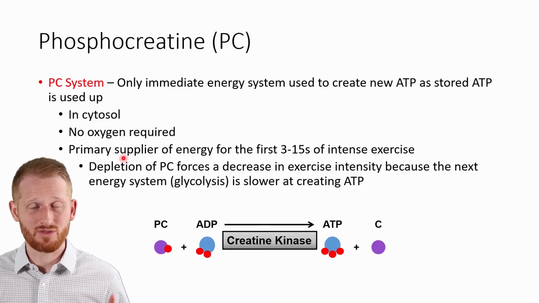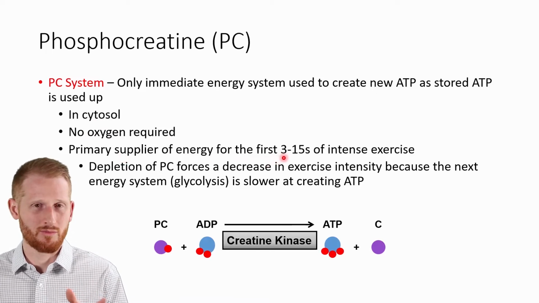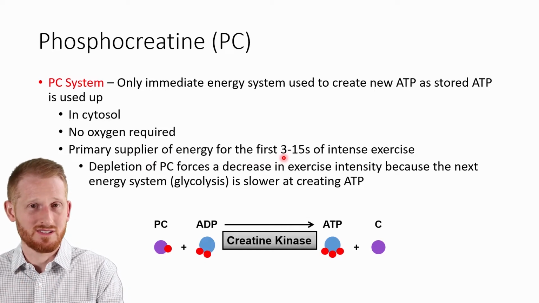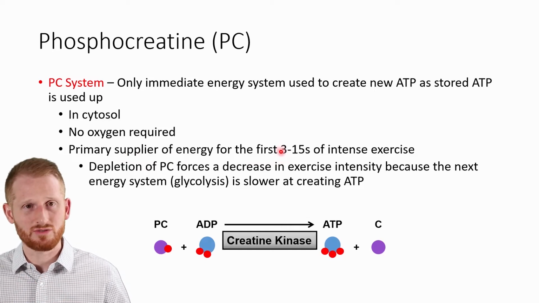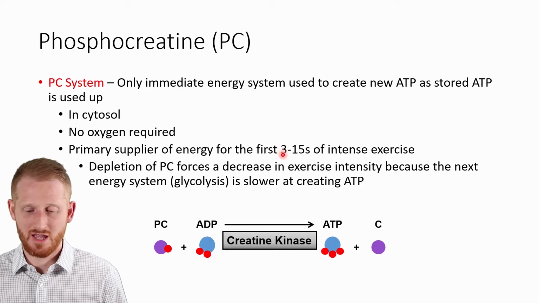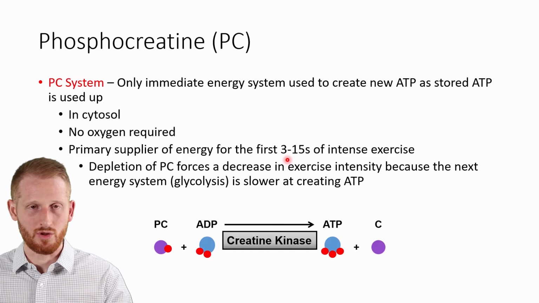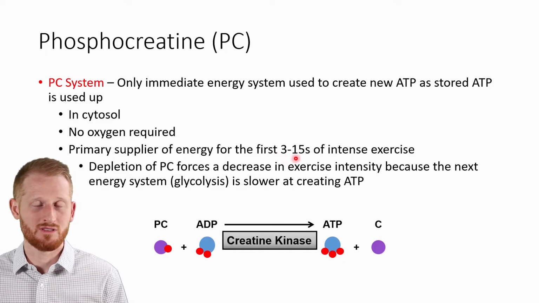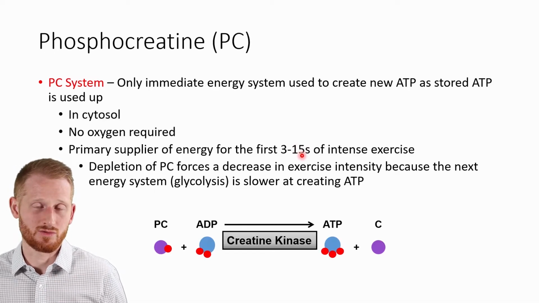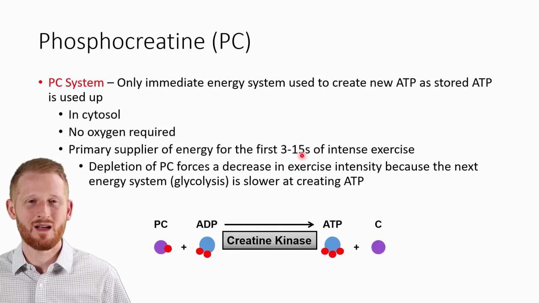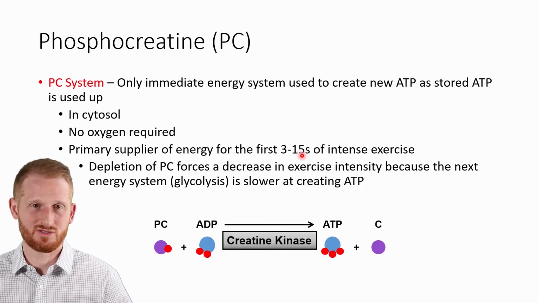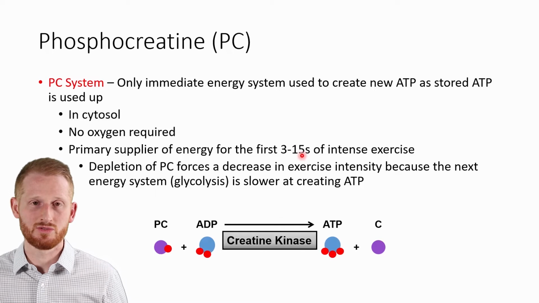Our phosphocreatine stores are going to be able to fuel intense exercise from the 3-second time point to about 15 seconds. So before 3 seconds, we're still using the stored ATP molecules, but starting around 1 to 3 seconds, somewhere in there, once we start blowing through some of that stored ATP, that's when the phosphocreatine takes over, and it's going to be able to fuel our exercise as a primary energy source up to about 15 seconds. At that point in time, we have to go away from the immediate energy sources and start going towards fast